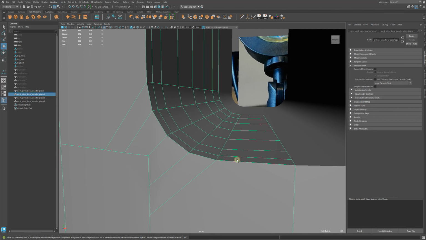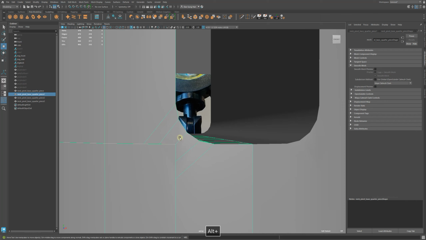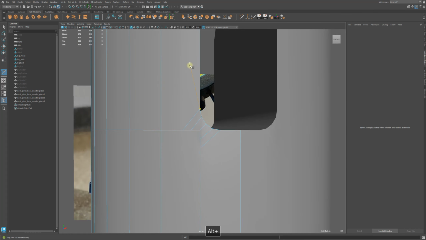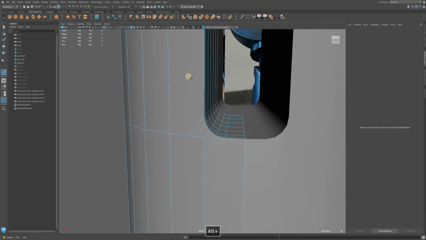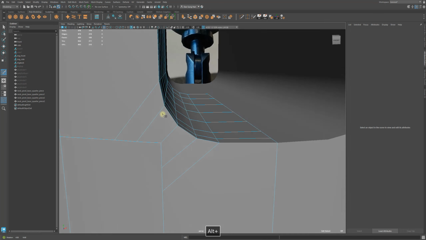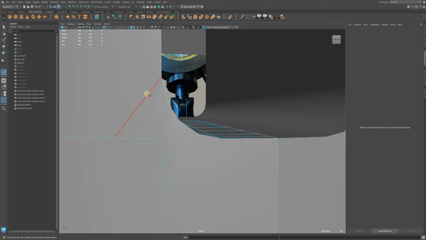So I went blah blah blah. What I can do from here is shift right click, multi-cut tool. Using this that was generated, I'm gonna go